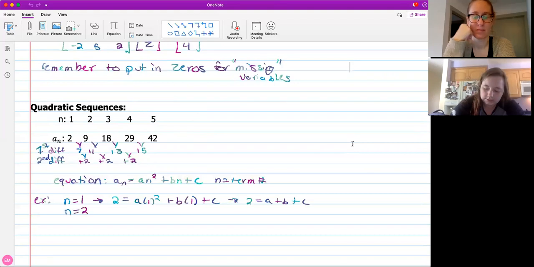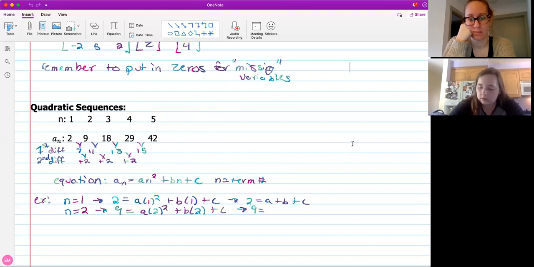When n equals 2, we have 9 equals a 2 squared plus b 2 plus c, and that ends up being 9 equals 4a plus 2b plus c, and then when n equals 3,